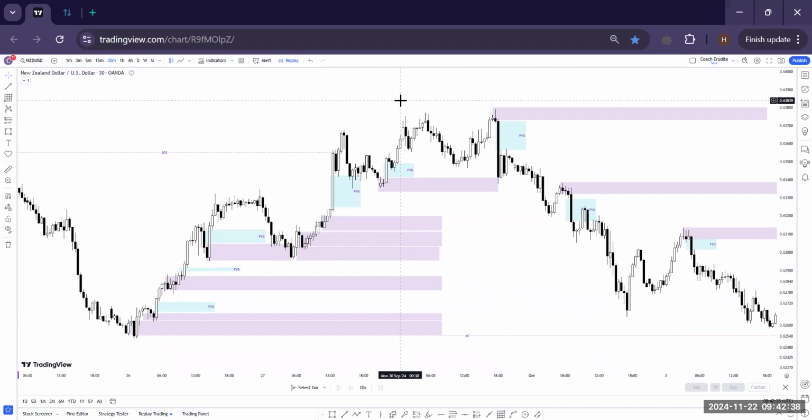Yes, so that you don't get confused. You can spot them anywhere in the market. Once you are used to it, you don't even need to mark the fair value gap. Once you see it, you already